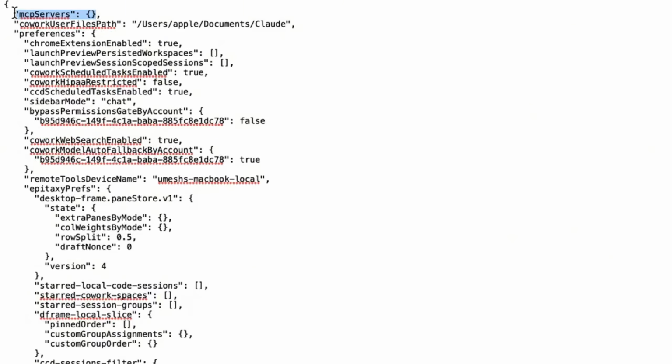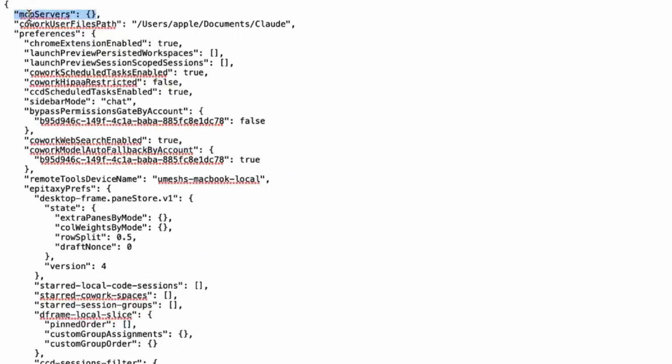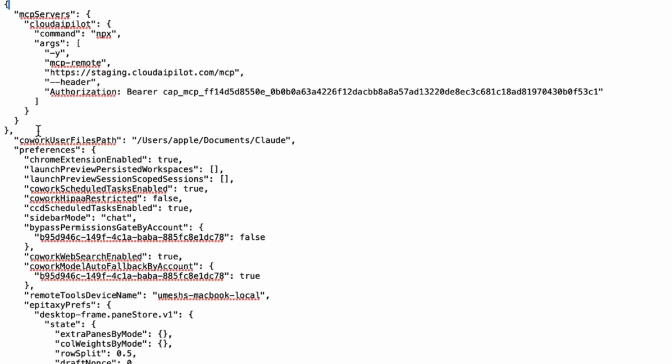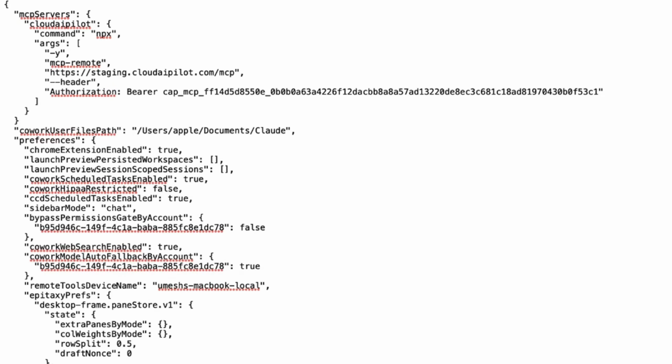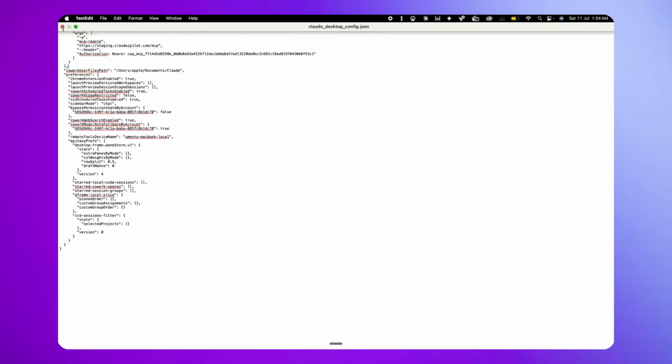If there's any confusion, check our documentation or ask Claude directly. Save the file, close the Claude Desktop application, and reopen it so the updated config file loads.